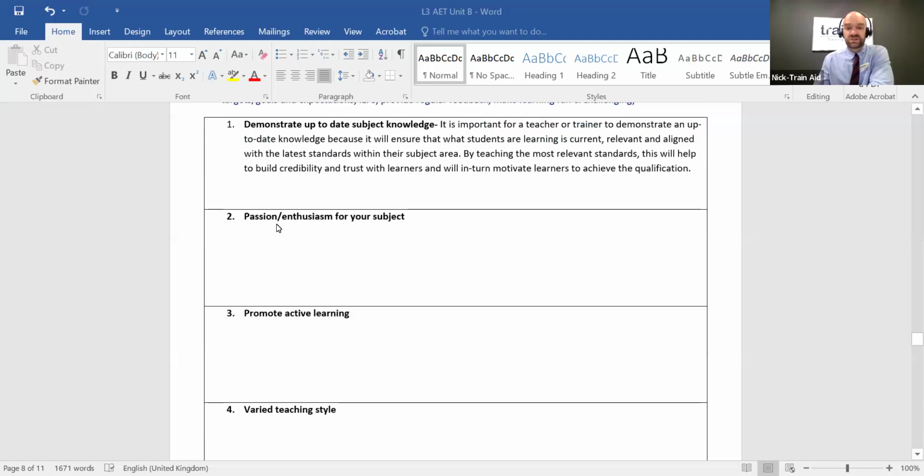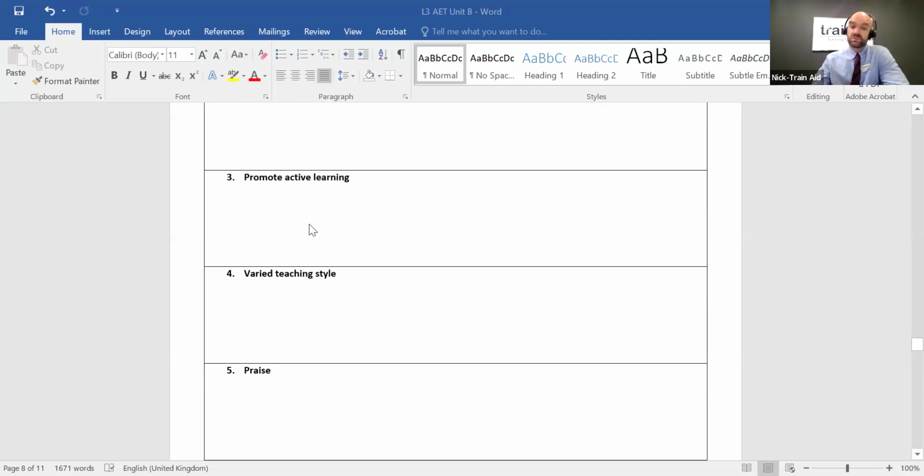As mentioned before, passion and enthusiasm for your subject. So again, I haven't written that answer, so obviously you can see, in terms of 3 to 4 lines is what we're looking for in terms of meeting the pass criteria. But if you have that natural passion and enthusiasm, then learners will respect you. They will really appreciate that you're being so open and honest about your subject, and they will really be hopefully inspired by your drive, your forward thinkingness as a teacher. And I think that's a great hallmark, a great responsibility, absolutely, is to be a motivator and to engage your